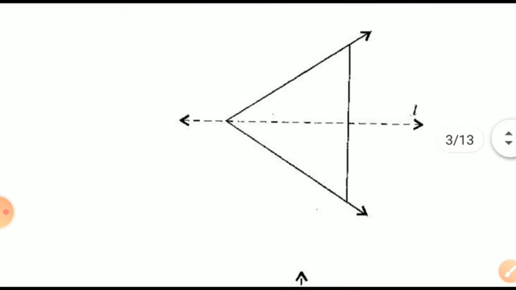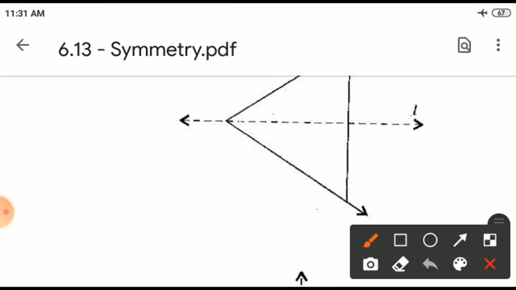Okay, now look at here my dear student, one question was given. In this question, the line of symmetry is given here and the picture was on the top side. The exact copy of the picture, you will get it downside and you can find out this is a line of symmetry. This is the line of symmetry. Is it or not? Yes, my dear student, it is easy.